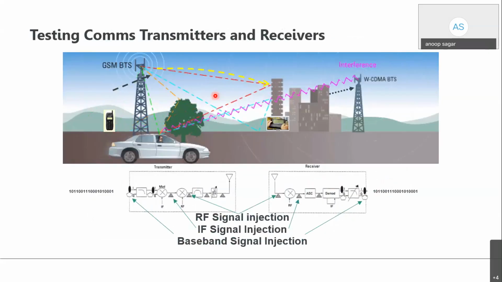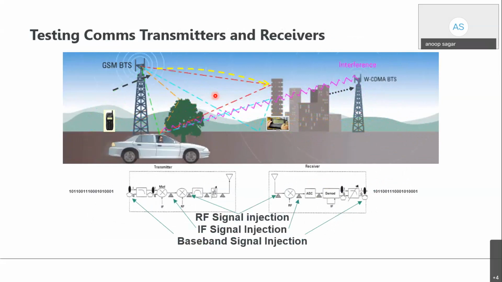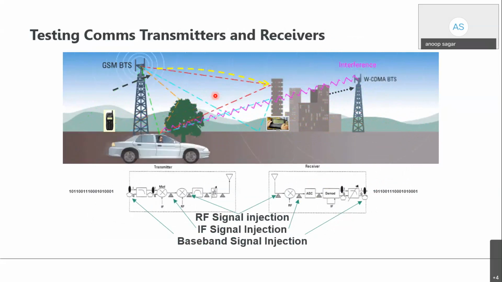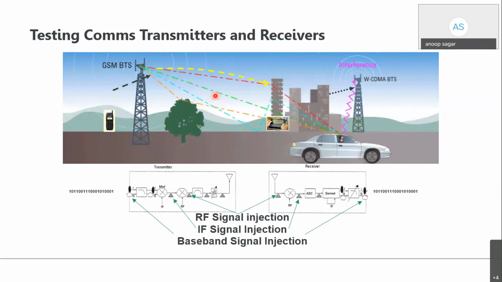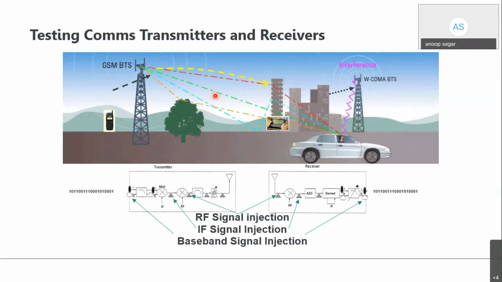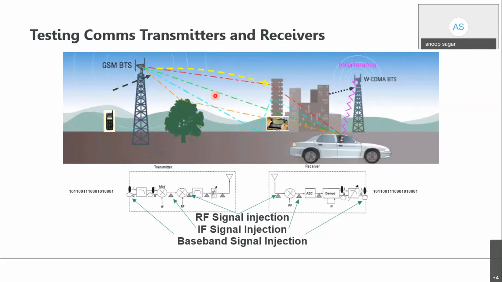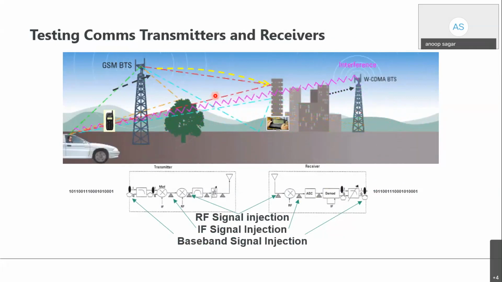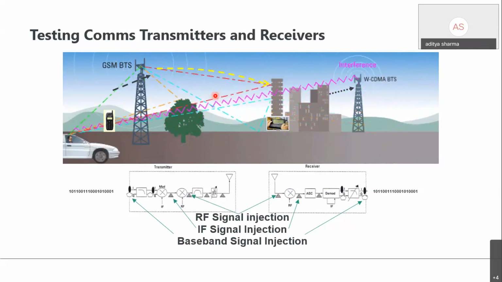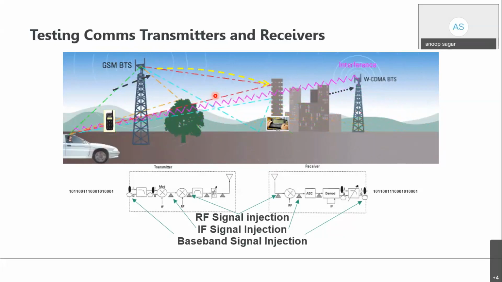Then another application in general purpose is testing of communication transmitters or receivers, or we can say base stations for 4G or 5G. So you can generate your RF signal, you can generate IF signal, again you can generate baseband signal with any kind of interference which occurs due to multipath or some other factor. So you can replicate real time with the help of signal generator and test your BTS or your